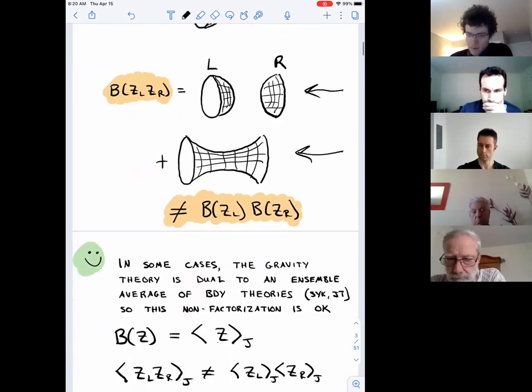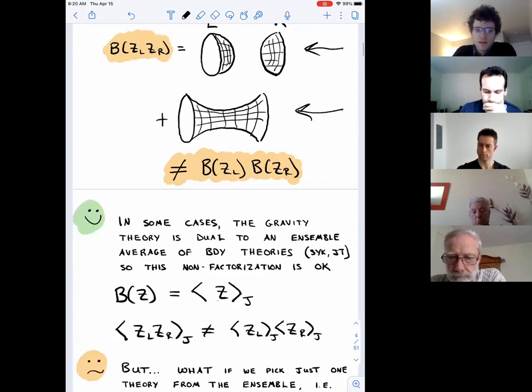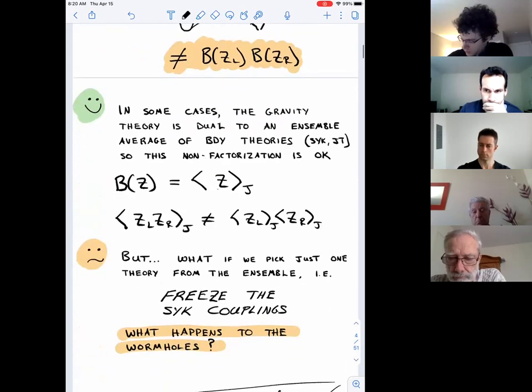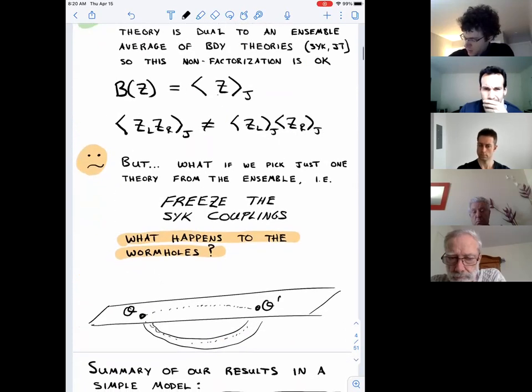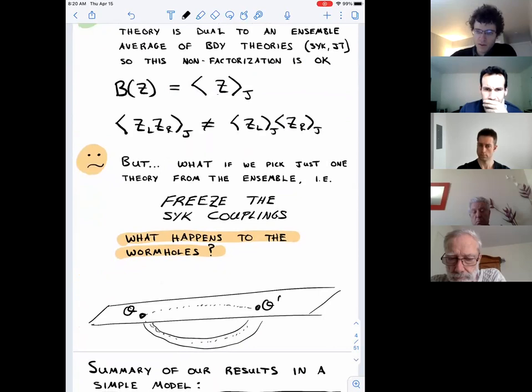Okay. Hi, Douglas. Can I ask you a question about the cluster decomposition argument? Yes. So these were bulk operators or boundary operators? I think this is a failure of bulk cluster decomposition, right? Is it clear? Yes. Okay. Good point. If you want to make this argument precise, then we should make them boundary operators, and we can have very distant points in the boundary that can be connected by a short wormhole in the bulk. And then we can derive a contradiction with boundary cluster decomposition.